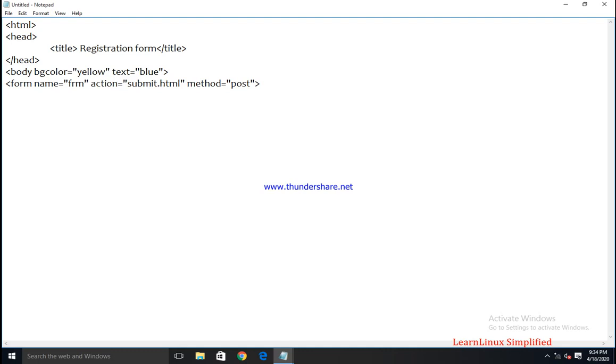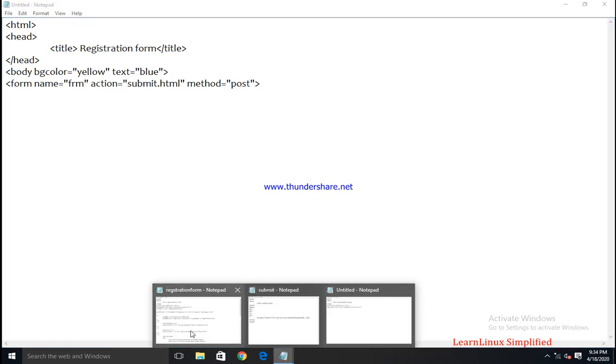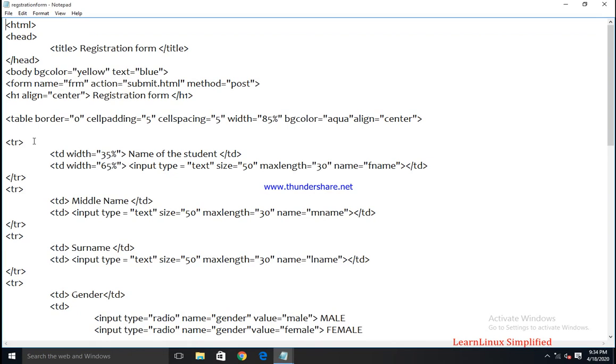Now to align all the controls and labels of the form, I need to create a table structure, right? So I have already created a table. You can see over here, before the table structure I have given the heading as registration form.